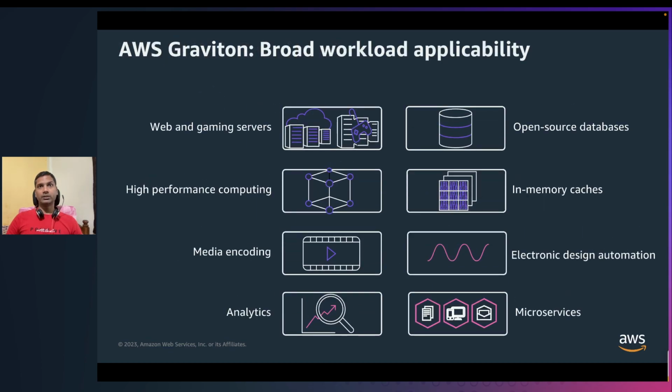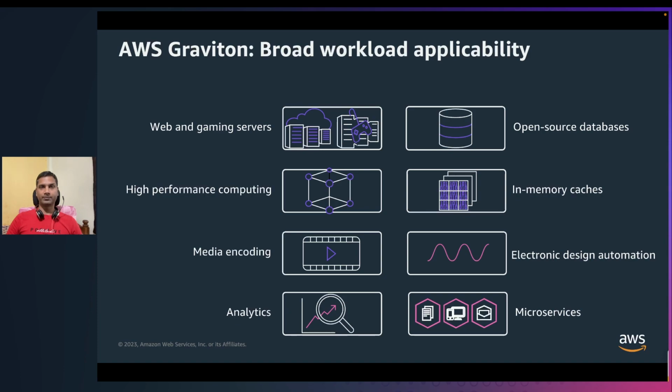AWS Graviton processors support a broad range of workloads, including but not limited to web and gaming servers, high performance computing, media encoding, analytics, open source databases, in-memory cache, electronic design automation, microservices, and more. Before we proceed, let's clarify a few terms I will be using interchangeably throughout this video. When I mention Graviton, I am referring to ARM-based CPU architecture, often denoted as ARM or ARM64. Similarly, I will use Intel, AMD, or x86 interchangeably for